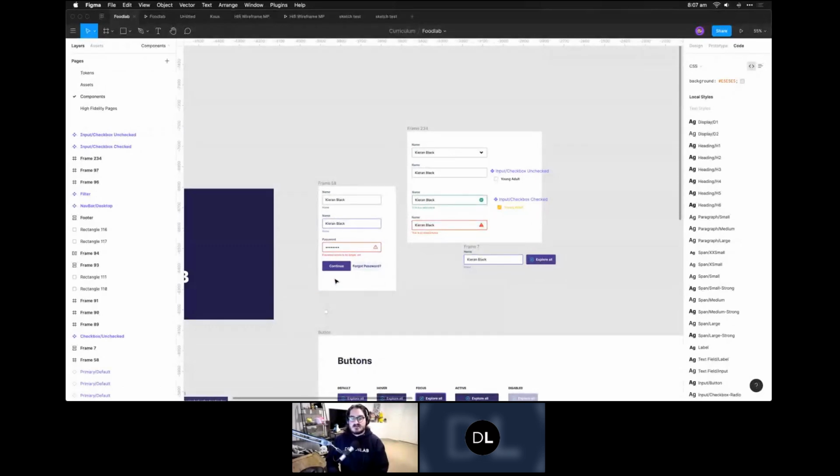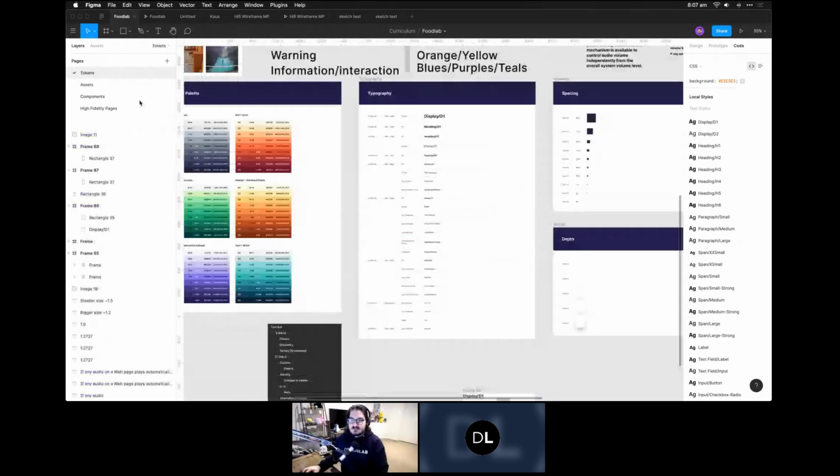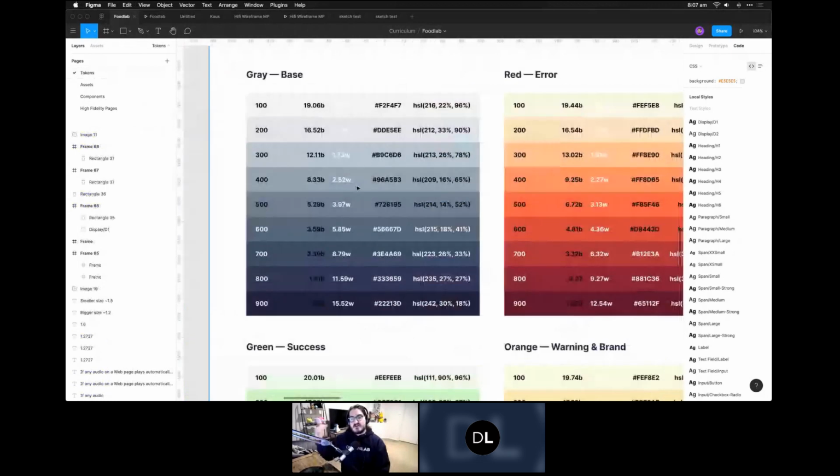But for example, for a token here, I have my colors, right? I have my gray 1 through 9. But I might want to give that a layer of abstraction on top of that to give them a different name. So this is the difference between a